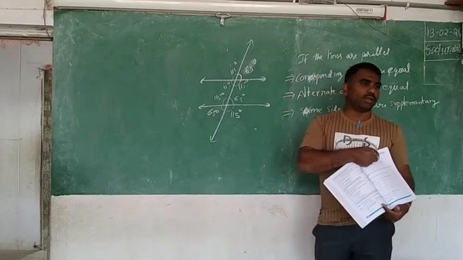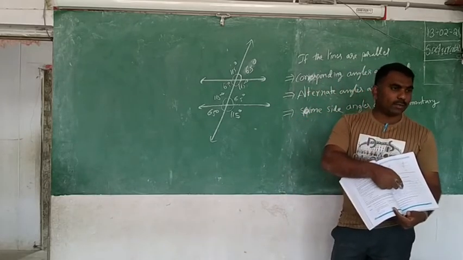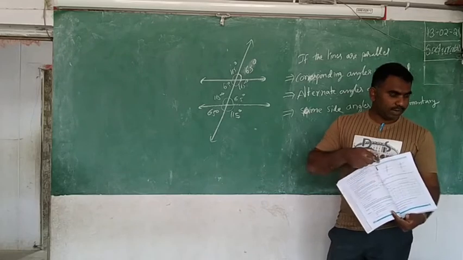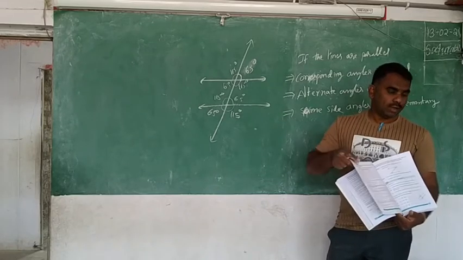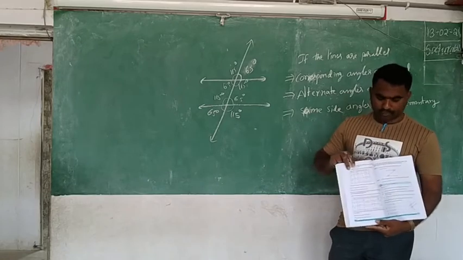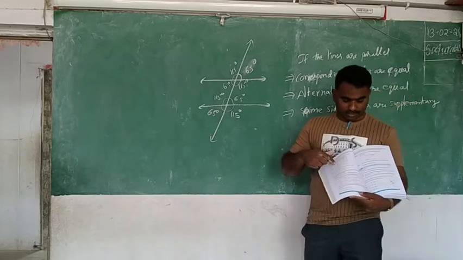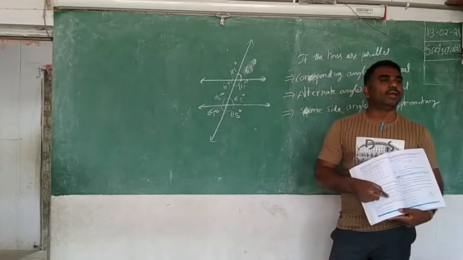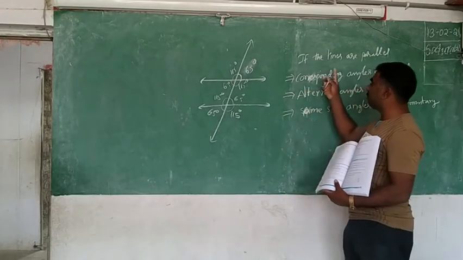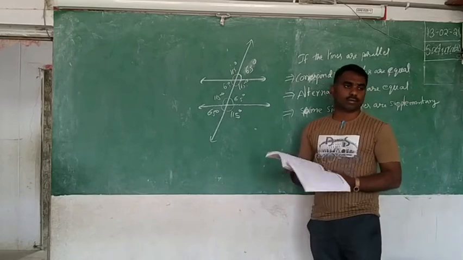Same in this also. After that he is asking to write about the corresponding angles here. What angle you measure, you write it and check it. Okay, and in the second table you can get it for alternate angles. If you check this table, you can get it about the same side angles. With these three concepts, you will understand them once again.